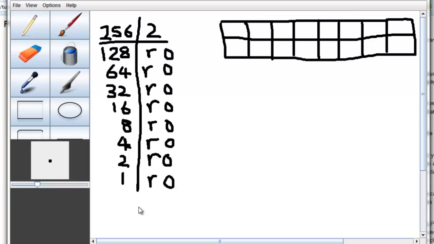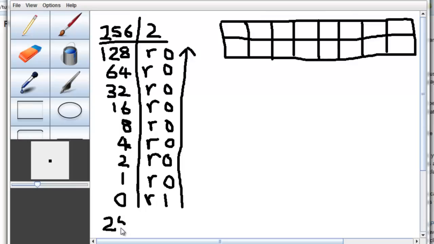And finally 1 divided by 2, it's not possible, so we're going to have 0, remainder 1. Alright, so we're going to count the numbers over in this way, as we usually do in the simple binary division. And then we can write it out here that the number 256